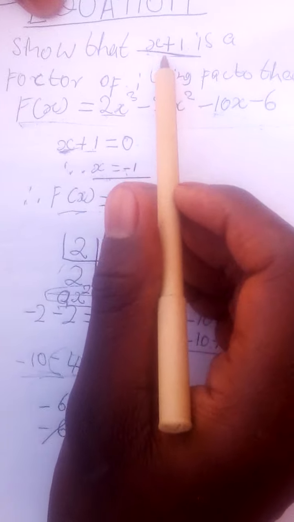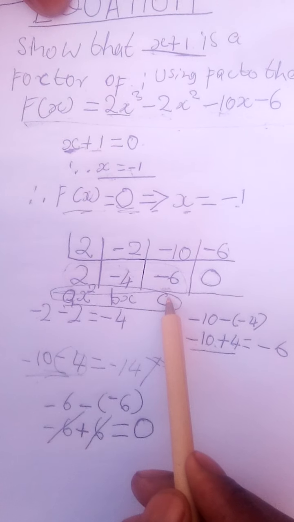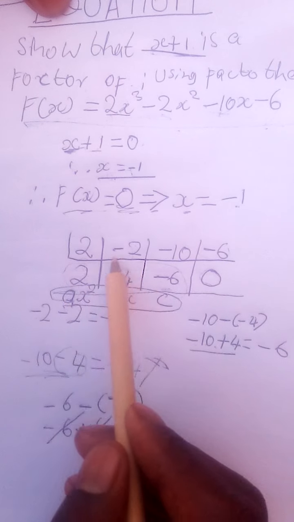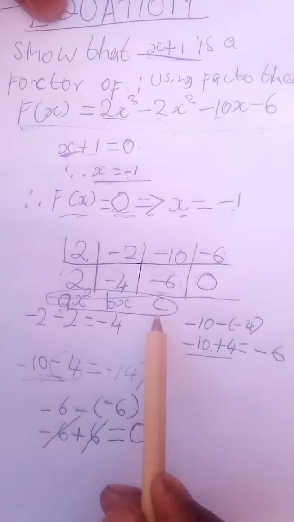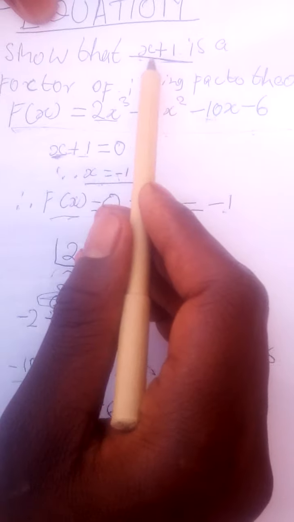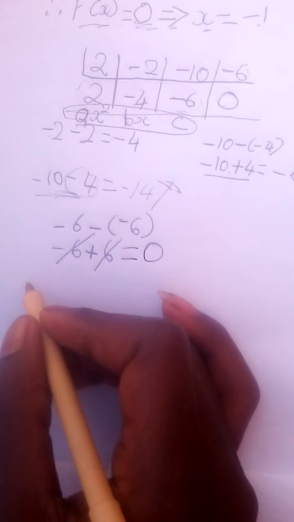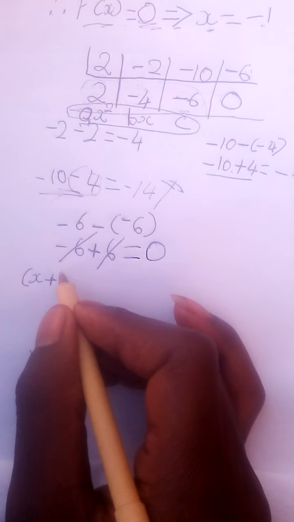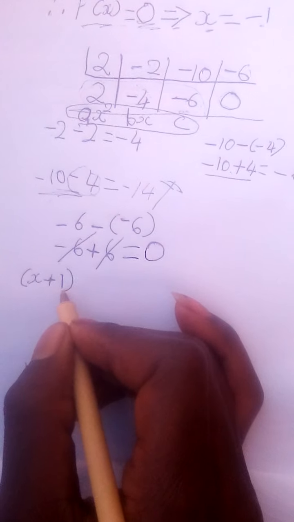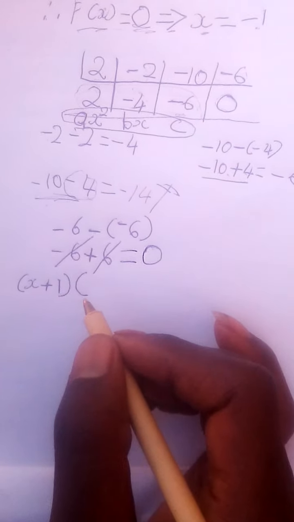So we are proving that indeed these factors are the factors. These factors that we get here are the factors of this equation. When we multiply this equation with this factor of x plus 1, that simply means we are going to say (x plus 1) all in brackets, then open the other bracket and say